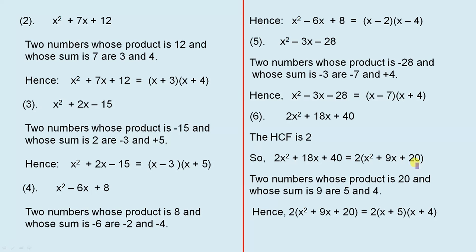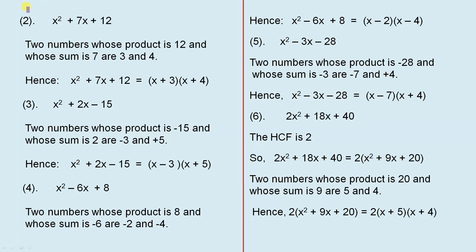Two numbers whose product is 20 and whose sum is 9 are 5 and 4. Hence, 2 outside of x squared plus 9x plus 20 is 2 multiplied by x plus 5 multiplied by x plus 4. So this video has looked at a very interesting idea where we have seen how to factorise trinomials,